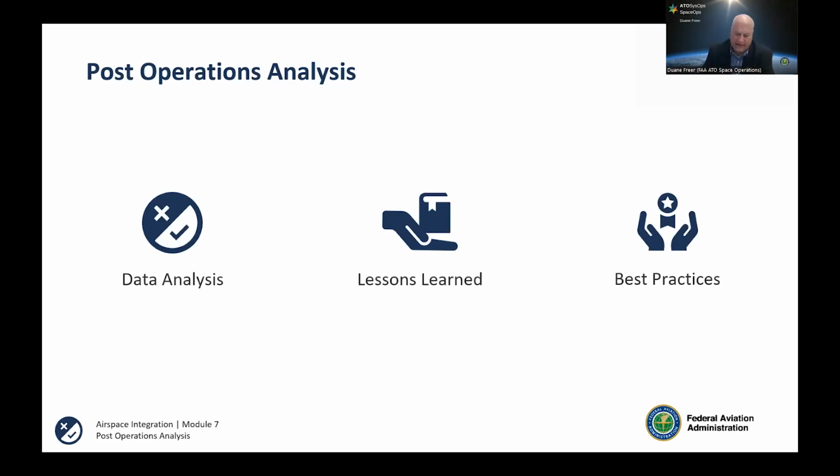Oh, absolutely. This is a really growing field. And what we want to do is include collaboration with the international community and share those best practices so we can learn from each other and grow. That's really critical, that we're not doing this in a vacuum, and that we're sharing our successes and our learned knowledge with those other ANSPs and vice versa. We want to learn from other ANSPs on what's worked for them and what's been successful. Absolutely. And Dwayne, I can say from experience, because you've been doing this for years now, a lot of the procedures we have in place now are because we learned from, I'll just say it, mistakes, things that we realized we could have done better.